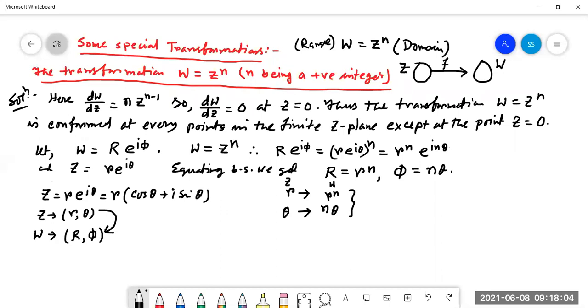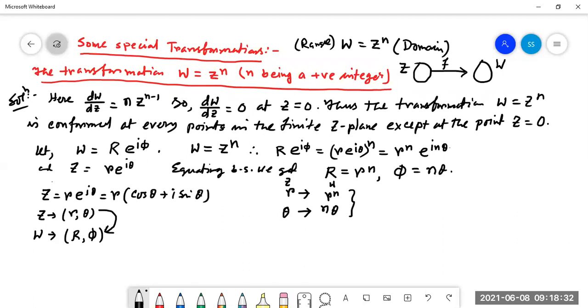Clear? What is given on the right hand side, that is the domain. So it is the present plane right now, and we have to change it into the left hand side, that is the W plane, which is the range set. Is it clear? What is given on the right hand side is the present scenario, and we have to change it into the left hand side, that is, after transformation it will be coming there. Is it clear? Yes, sir.